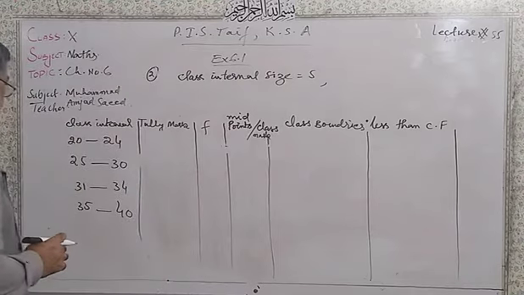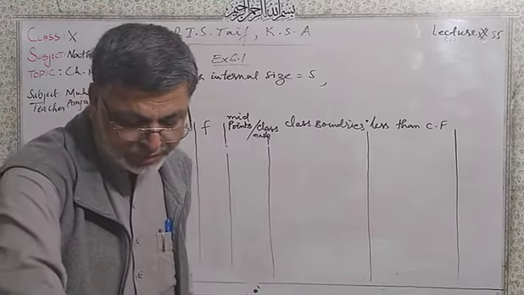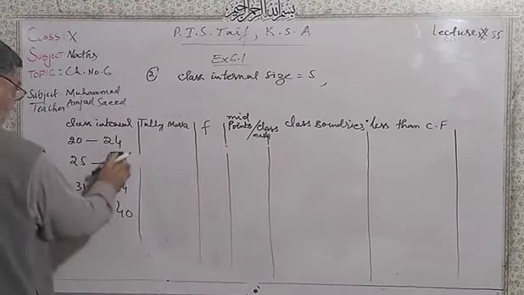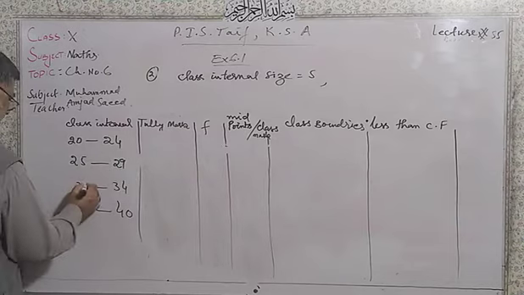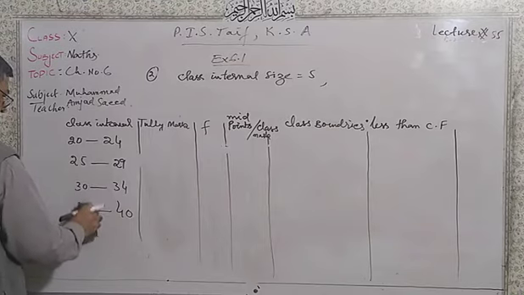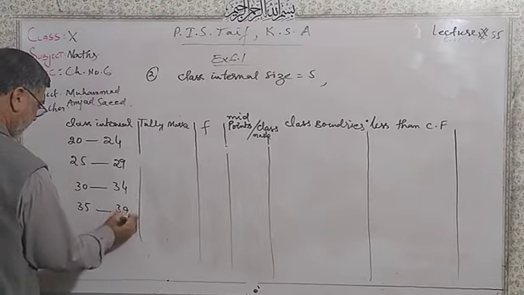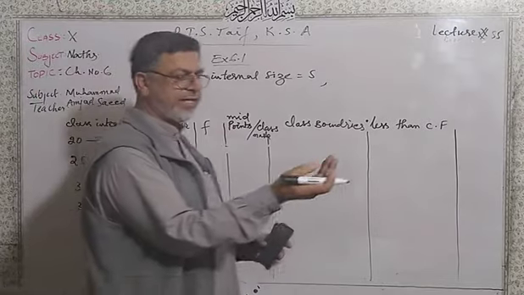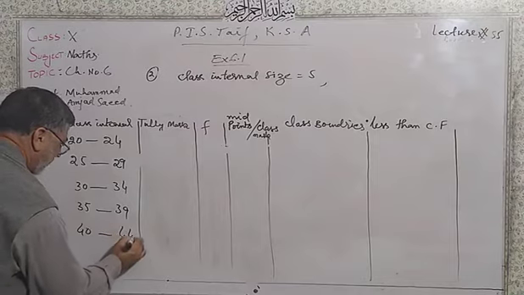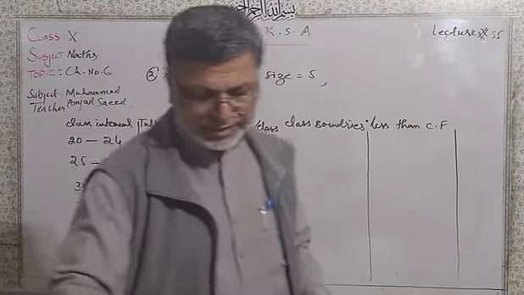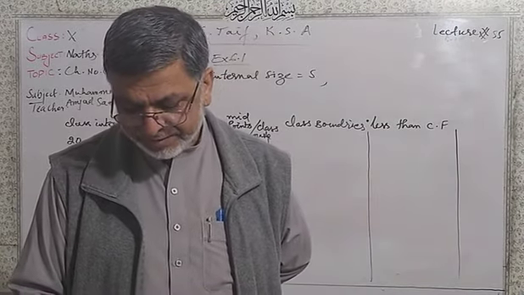Here is 20 to 24, 25 to 29. Okay, this is 25 to 29, it is given. Then 30 to 34 and 35 to 39, actually 35, 36, 37, 38, 39. So we have 40 to 44. So we have these values, and the largest value is 41 in our data.